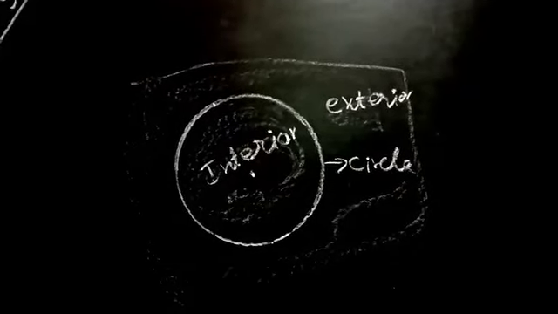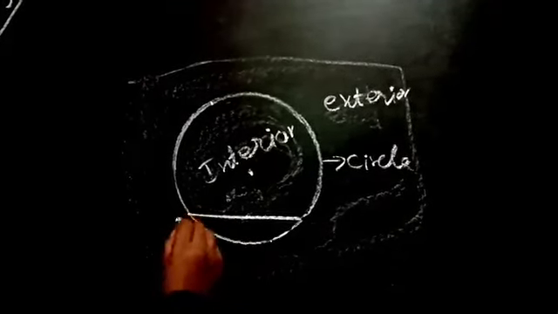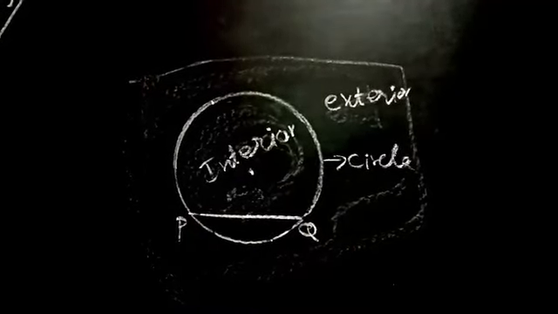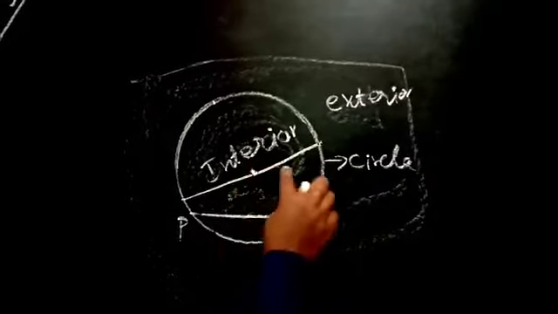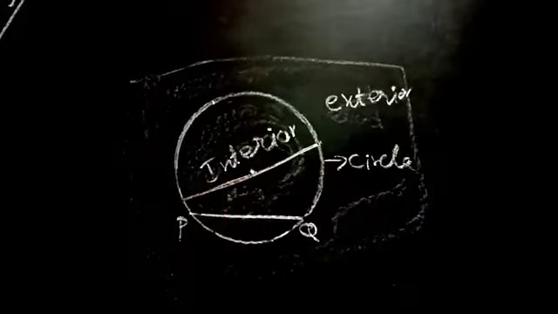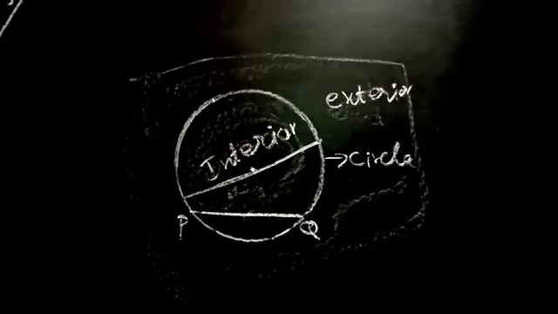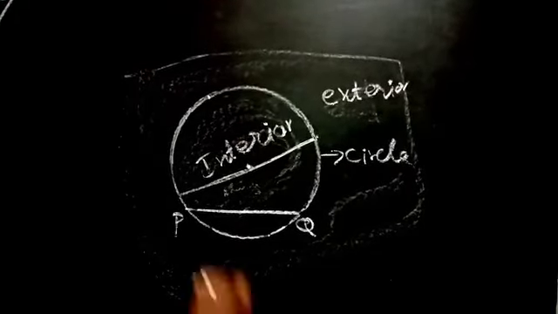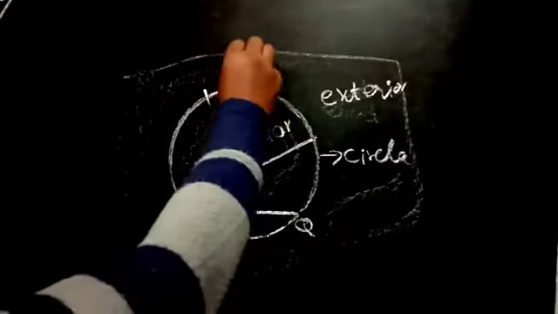A line segment PQ is called a chord. The biggest chord of the circle is the diameter. If you draw it through the center, it is called a diameter. So, the diameter is the biggest chord in the circle. A piece of a circle between 2 points is called an arc. Anywhere, a piece of the circle is called an arc.